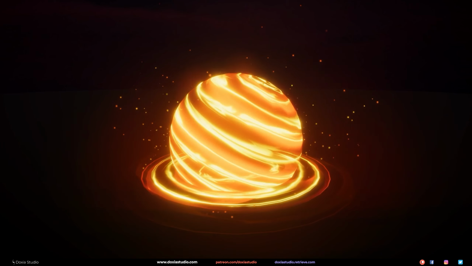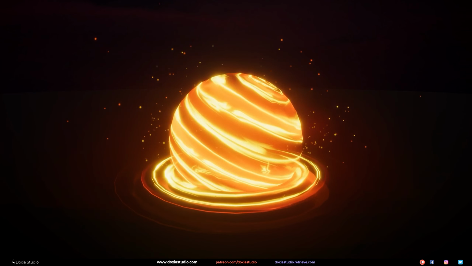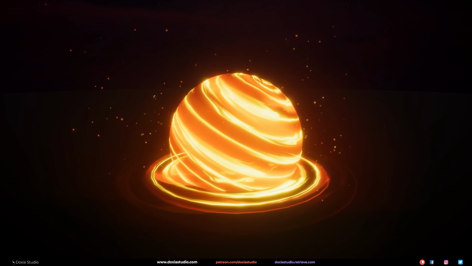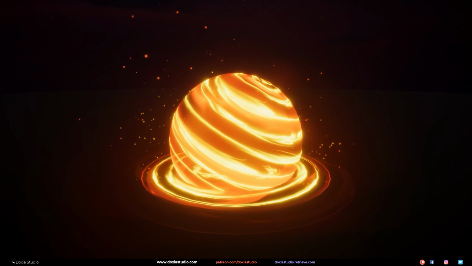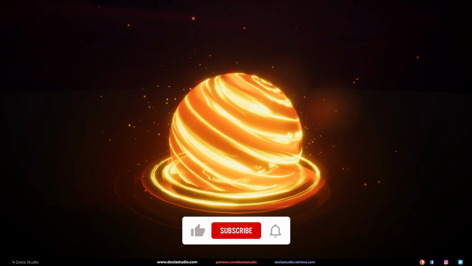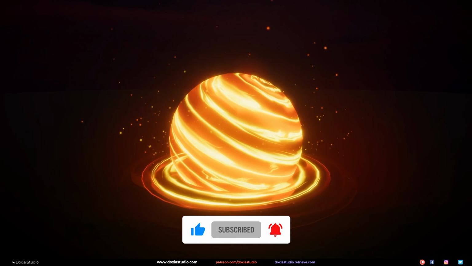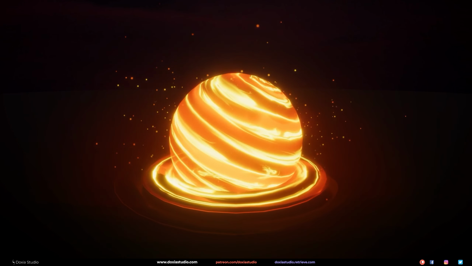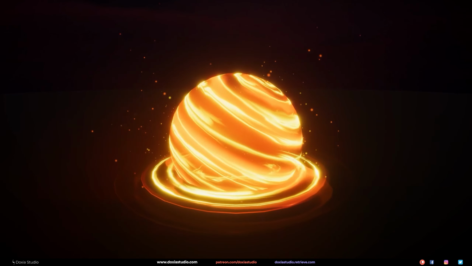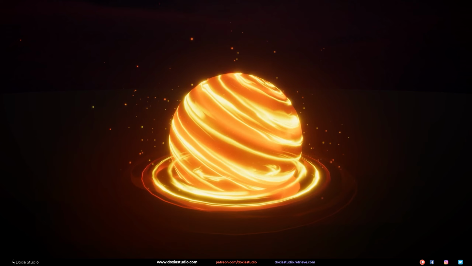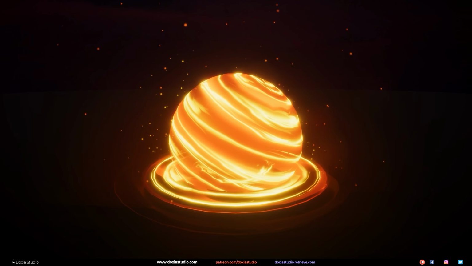To kick things off, we are going to start with a bang and create an awesome fire orb AoE spell using just a few textures made in Substance Designer and a shader graph and particle systems in Unity. Then, in part 2, we'll take it even further and see how we can improve and use the same visual effects for different abilities, like a fiery aura for example. I hope you are as excited as I am for this new content and our first tutorial.